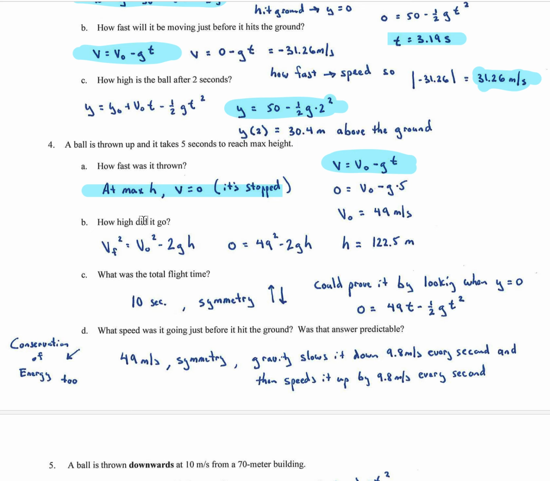Okay, how high did it go? Well, that's an interesting question. Let's go ahead and use the v squared equation in this case, because I'm interested in the distance. Now, I wouldn't have had to. I could have used other things now that I know initial velocity. I could have written a position equation and just plugged in 5 and got it, but I thought let's use